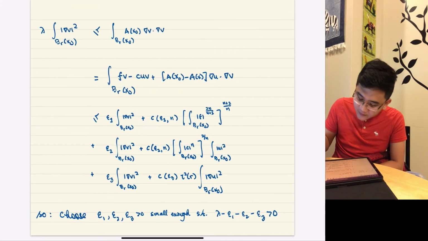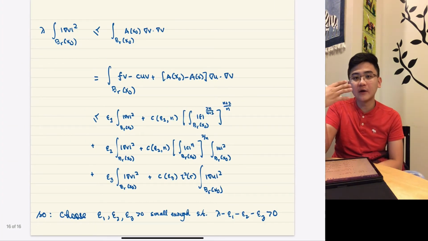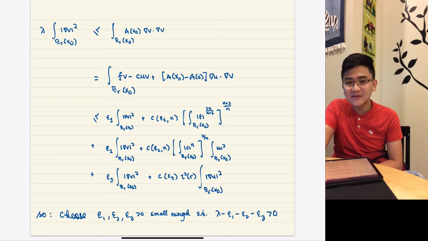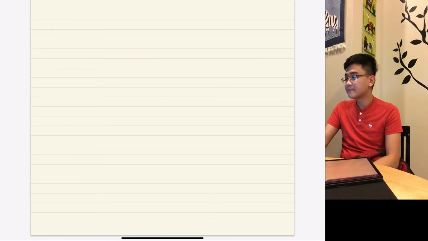Okay, so doing that, you move things and then you combine them, then divide by this term. The choice of these epsilons is dependent on lambda. So what you get eventually is this one. Okay, let's write that down. What you get is